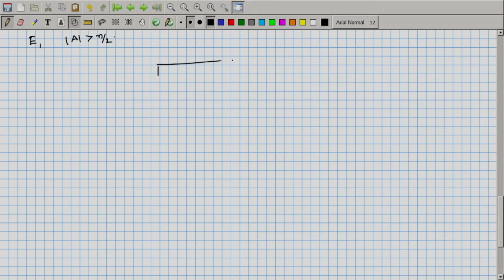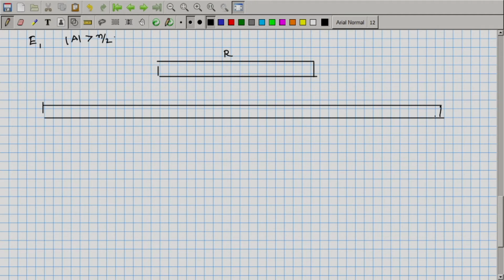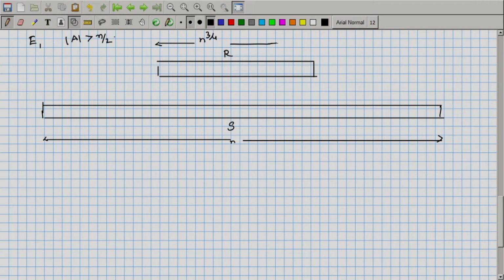So, let us draw the running of the algorithm in a different manner. This is our set R. This is the set R that we had randomly sampled, and let us say this was our original set S. So, S had n elements and R had n raised to 3 by 4 elements. Let us imagine that S is a sorted collection and draw the entire thing. From this collection we are drawing the set R with replacement. Let us say this is the middle position, that is the n raised to 3 by 4 by 2th position,